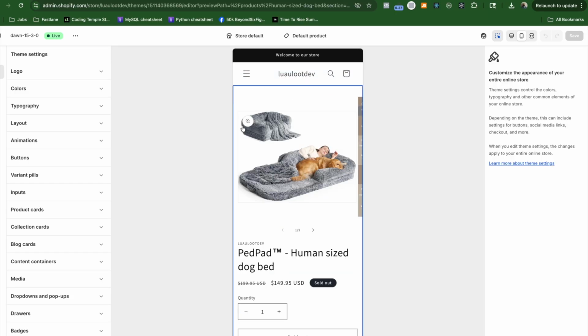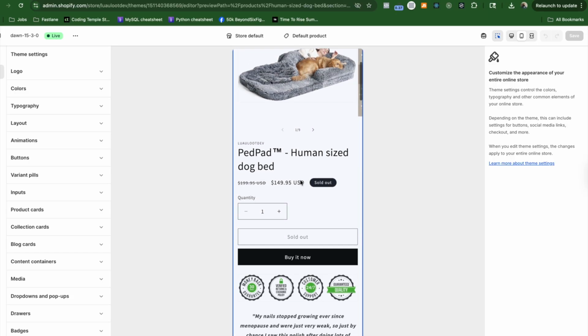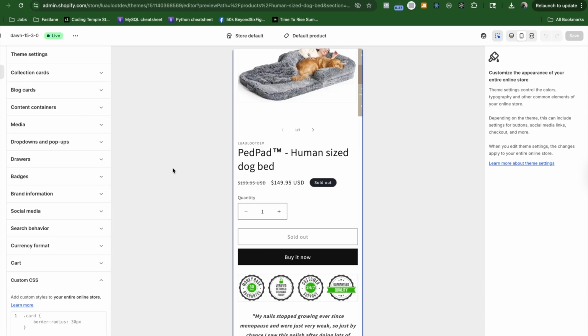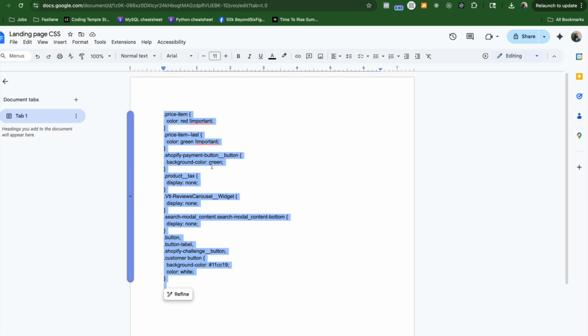So for now, we have our original price and our crossed out price. This isn't good. We want to actually change these colors around for higher conversion. What we're going to do is if we go to our sections, theme settings, and then if we scroll all the way down, we can actually add some custom CSS. So I'm going to do that now